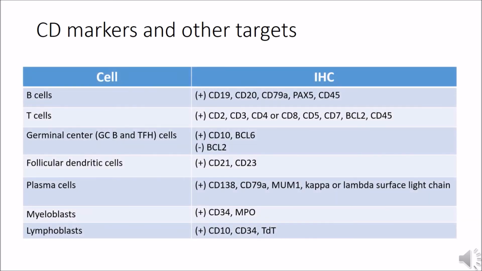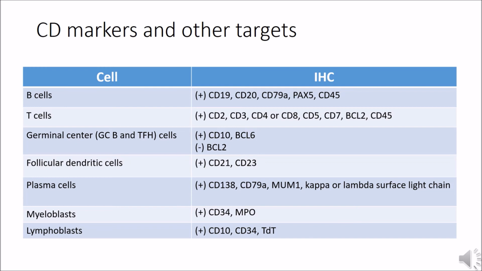This table highlights some important marker groups. In general, B cells are positive for CD markers higher than 10, including CD19, CD20, CD79A, PAX5, and the common leukocyte antigen CD45. T cells express low CD markers, CD2, CD3, CD4 or 8, CD5, CD7, BCL2, and the common